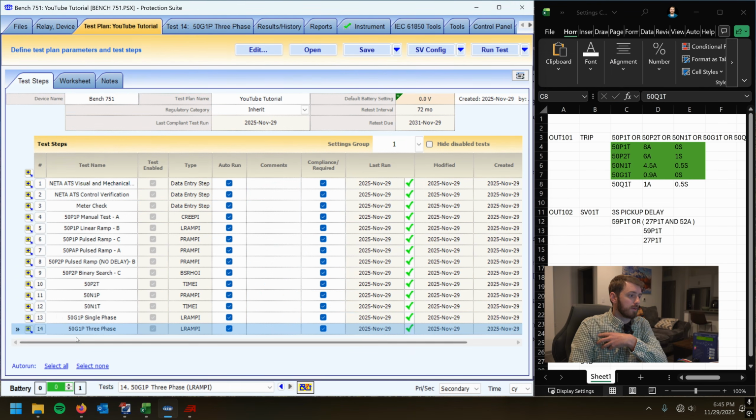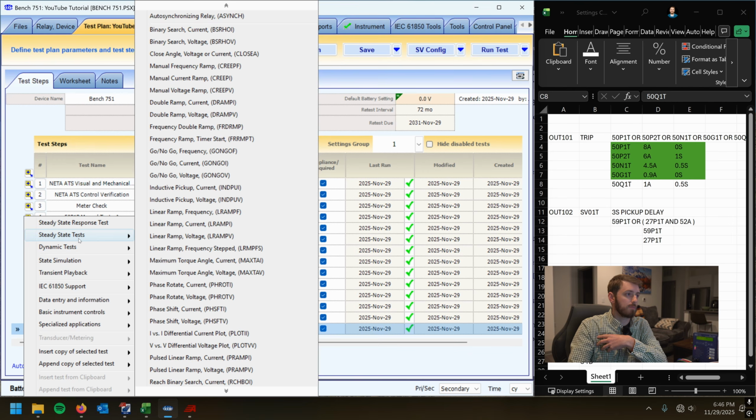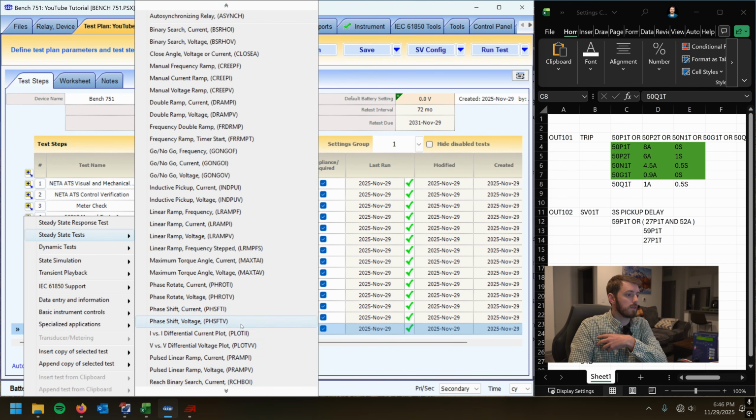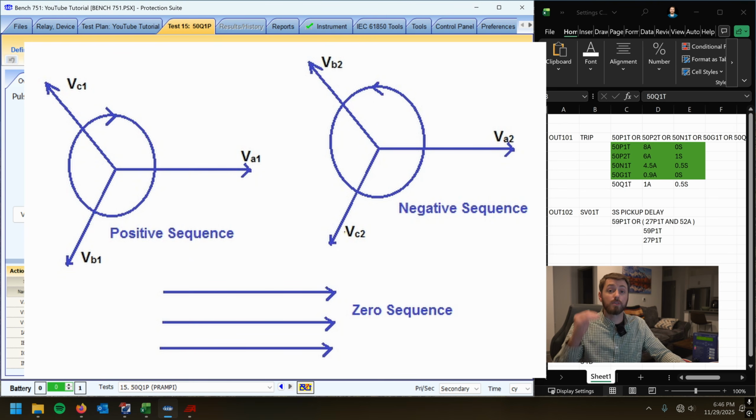What we're gonna do is let's just make a new macro, pulse ramp. Generally I like pulse ramp for basically everything. We're gonna do a pulse ramp current, insert steady state test, pulse ramp I, and this is going to be our 50Q1P. Anytime you see negative sequence current, I want you to think it's rotating the wrong way. If I'm expecting ABC rotation current, this negative sequence current,